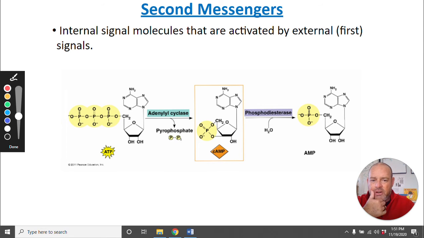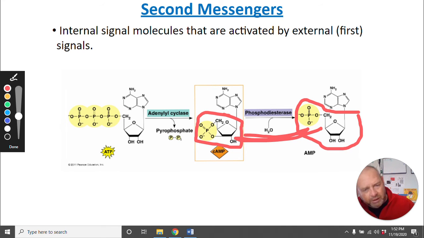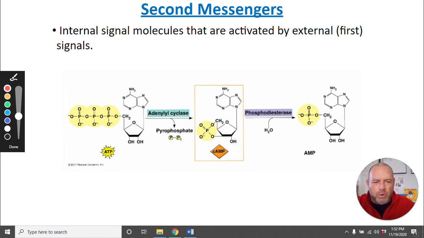And then with a little water and another enzyme called phosphodiesterase, we're going to have what is just AMP, or adenosine monophosphate. The only difference there is where this phosphate group attaches. We have a little rearrangement is all that happens. And you can see, between this box and up here, this all looks slightly different between these two, but not huge changes. You don't even need to necessarily pay that much attention over here. Cyclic AMP is the one that we're going to spend some time on because it is going to be an